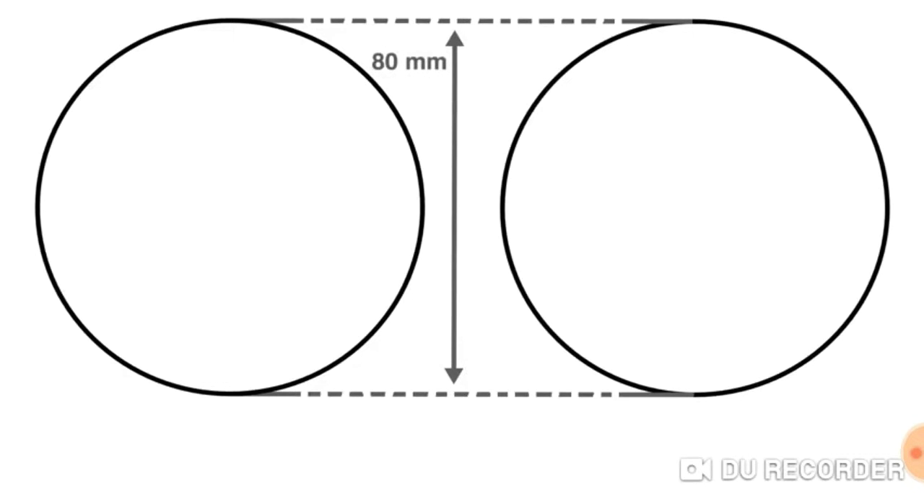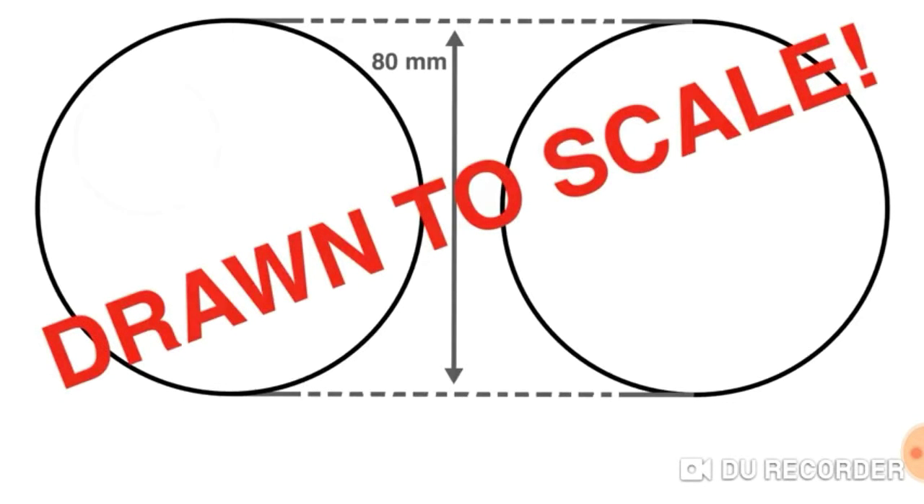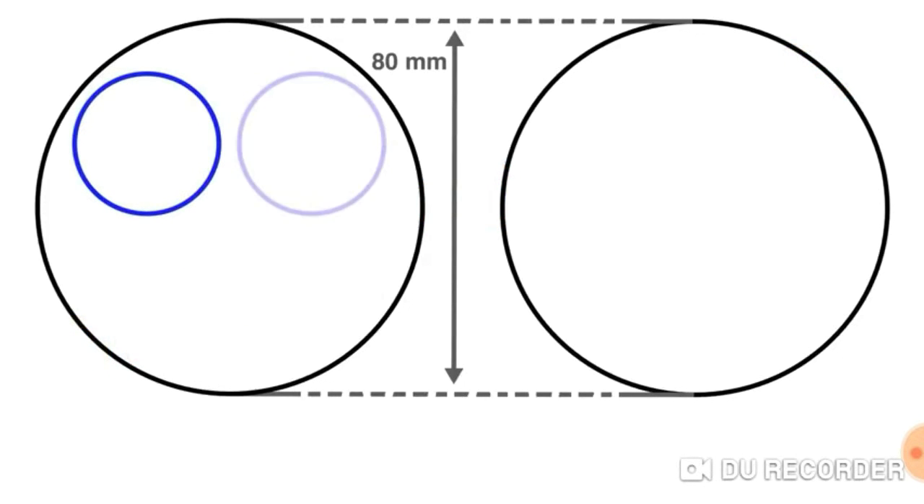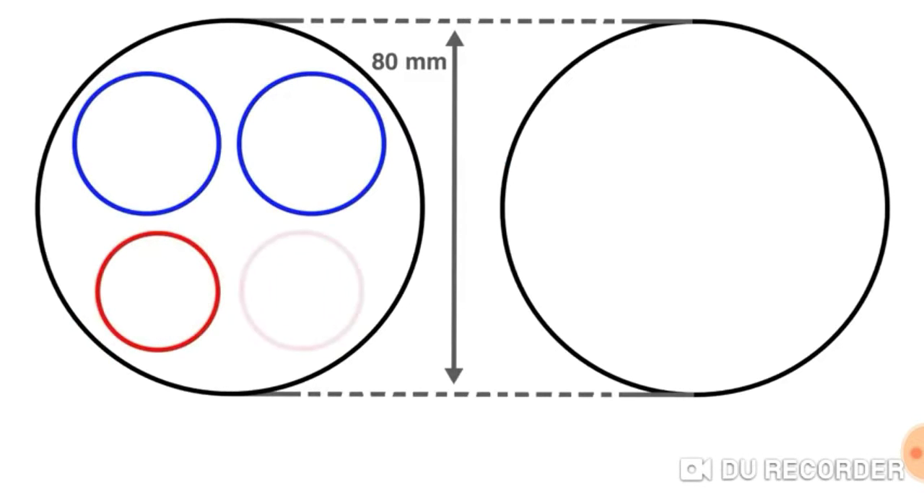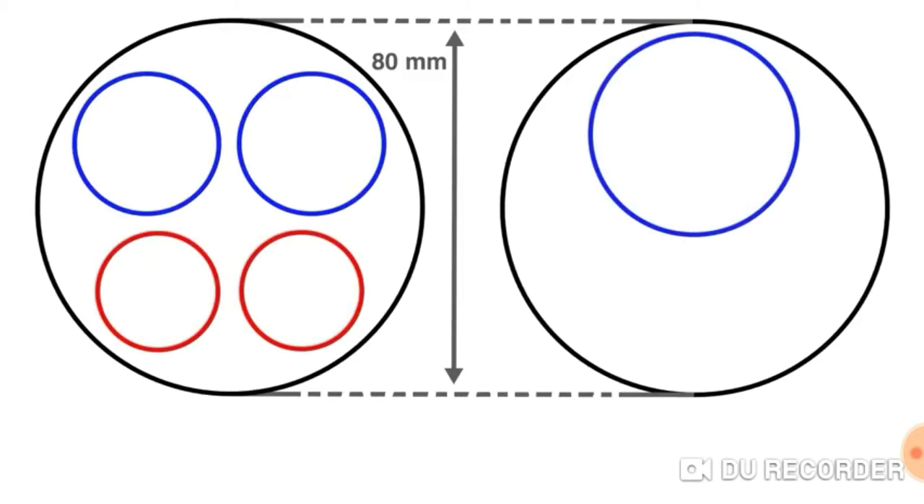We'll have 2 examples, both using a cylinder with a bore of 80 millimeters. Everything in this video will be drawn to scale. The first cylinder will have 4 valves, with 2 intake valves shown in blue, which are slightly larger than the exhaust valves shown in red. The second cylinder will have 2 valves, with the intake valve slightly larger than the exhaust valve, representative of an